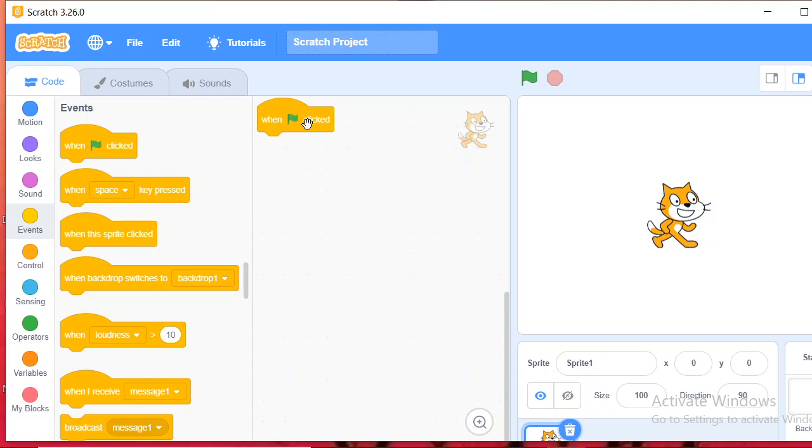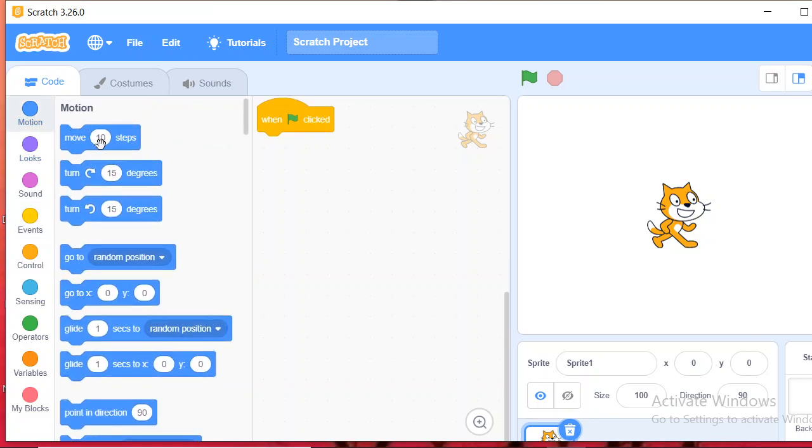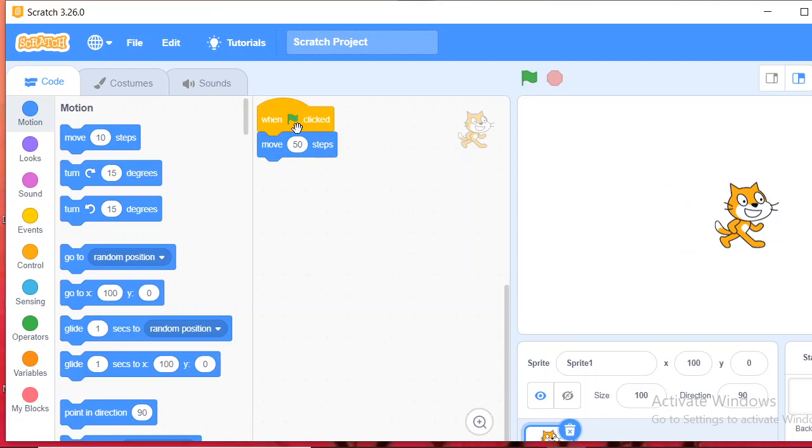Then this way we can do that. If you want to move, we can click on motion and move 10 steps forward. Then this number also we can change, 10 to 50. Now we gave 50. Then when I click on this, or here itself we can click on the green, the sprite started to move. Sprite means this cat is known as sprite.